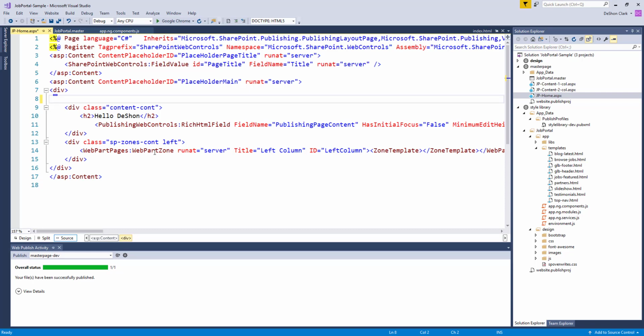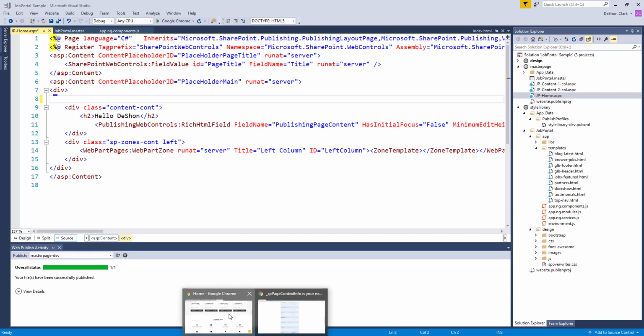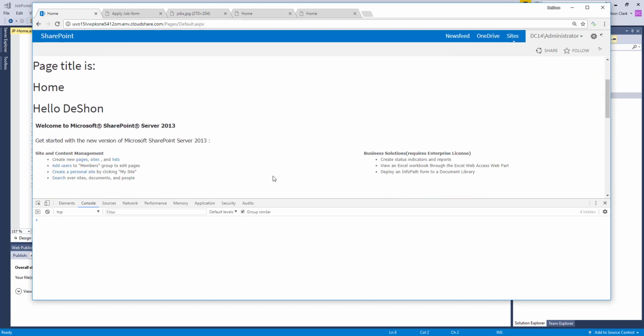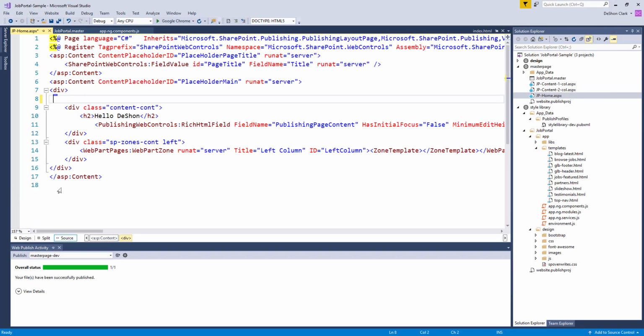So we have one web part zone. Do you really have a left web part zone? Oh no, this is flat. Okay, so we have one web part zone, then we have the page title, and then we have the hello Deshaun, right? Let's take a look at this. Yeah, we don't need all this. I'm torn. I'm just trying to figure out where to go ahead and slice this guy. Let's see. All right, so let's just call this main content